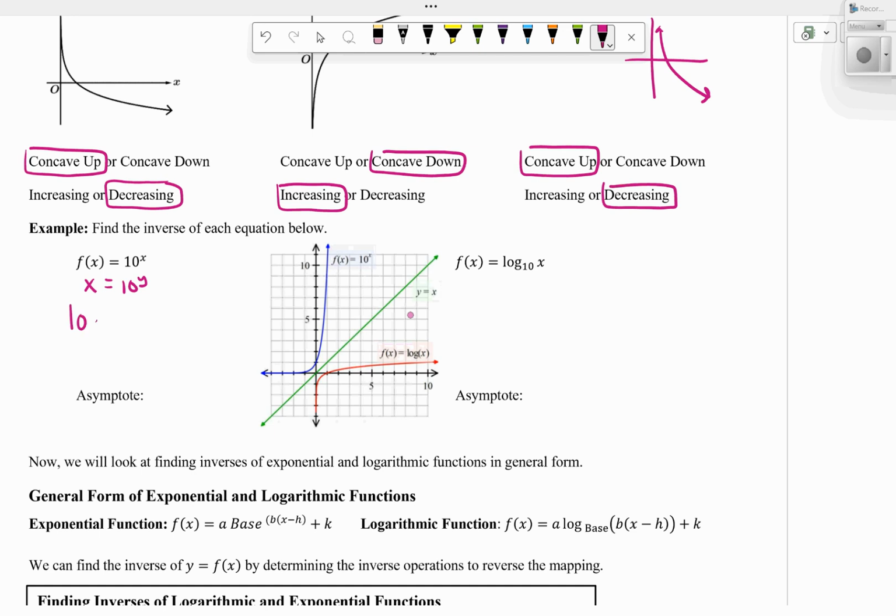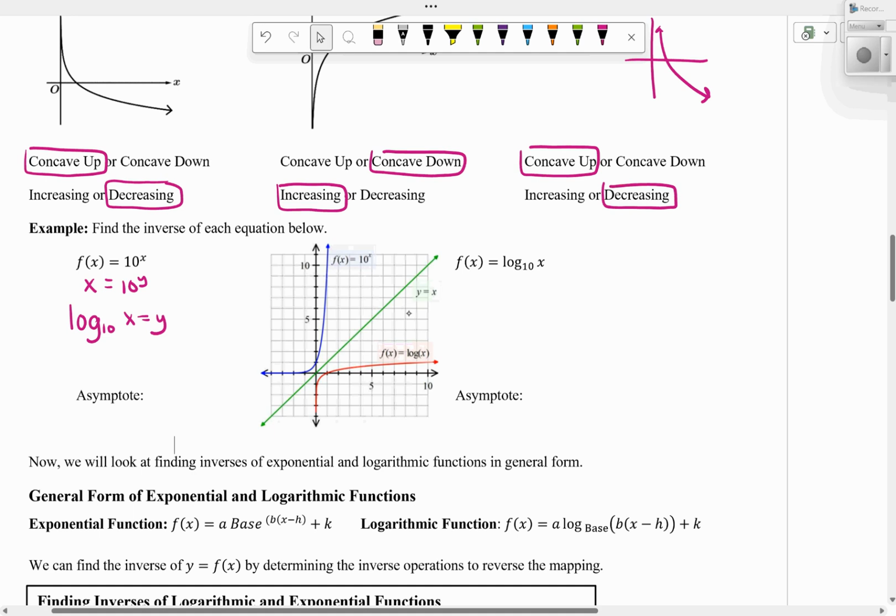So this would be the log base 10 of y, or excuse me, of x, equals y, because remember the answer to a logarithm is an exponent. And we can see then on our graph here, we have it graphed in this red color. And so for this graph, we also know that we have a vertical asymptote at x equals 0. And looking at this graph as well,